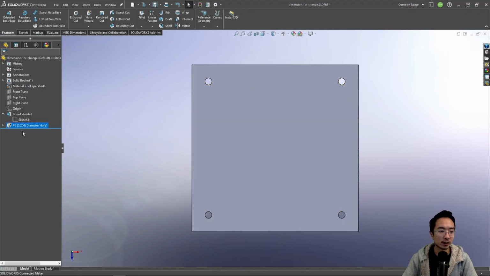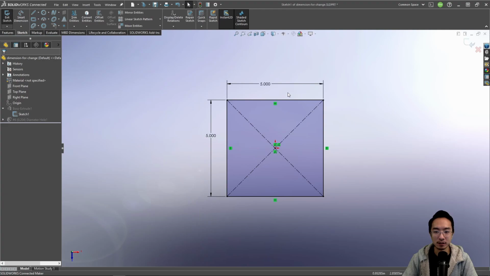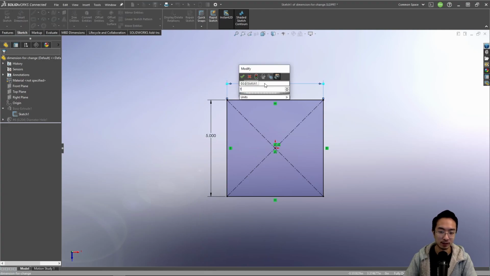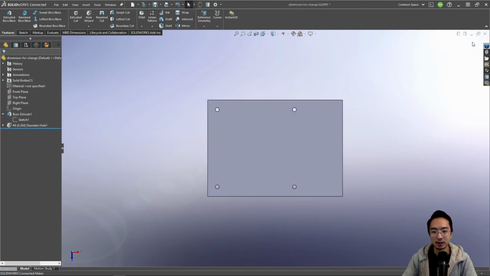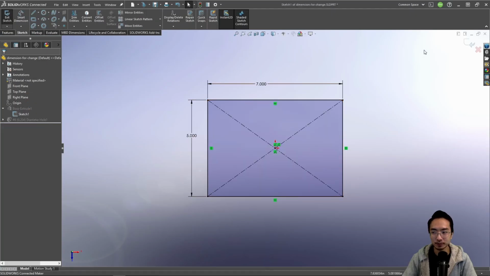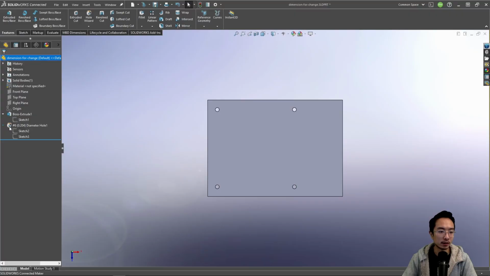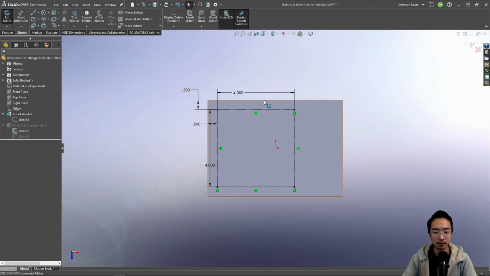So what do I mean? If I come here and change this, right? If I one day decide to make this 7, you'll notice my holes get shifted. So unless you initially wanted your holes to have this specific pattern, you would dimension like that. But let's say you always wanted the holes to be 0.5 from the corners, then you would actually dimension this differently. So if you go into your sketch here, if your intention is that each point is 0.5 away,